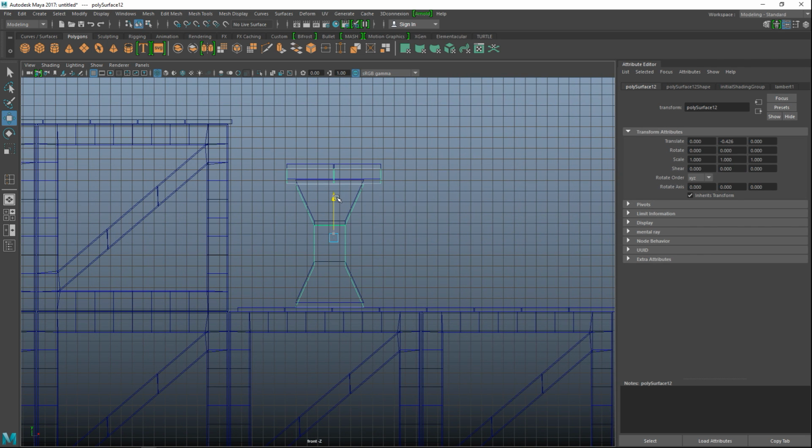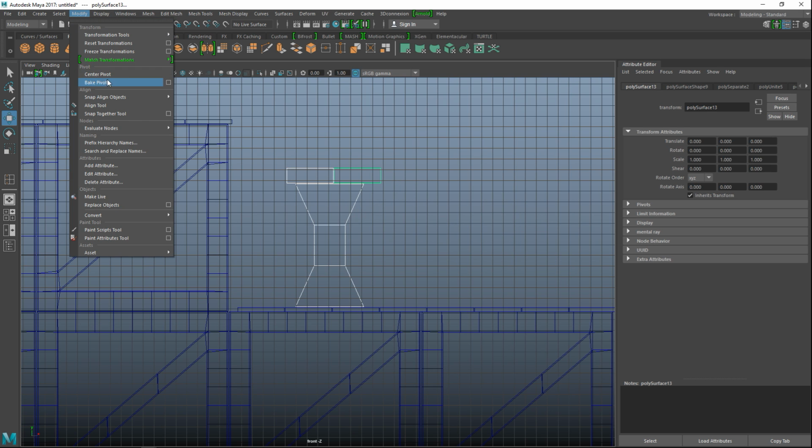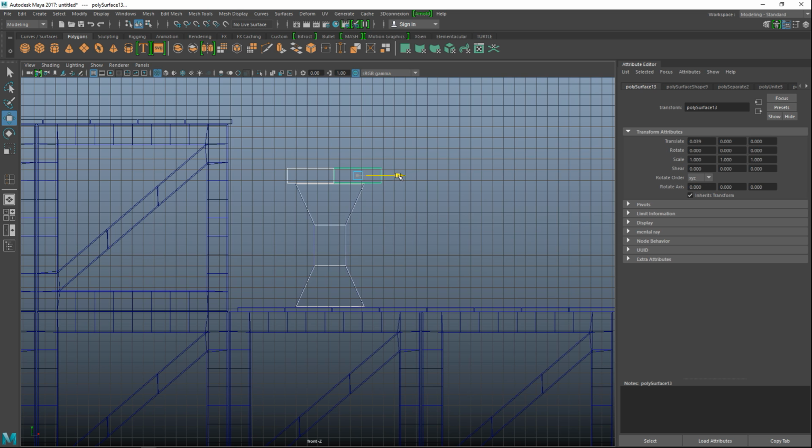So let's bring that down, preferably both of them, like so. Then we're going to go to Mesh and Separate. We're going to drag select these guys, modify center pivot.